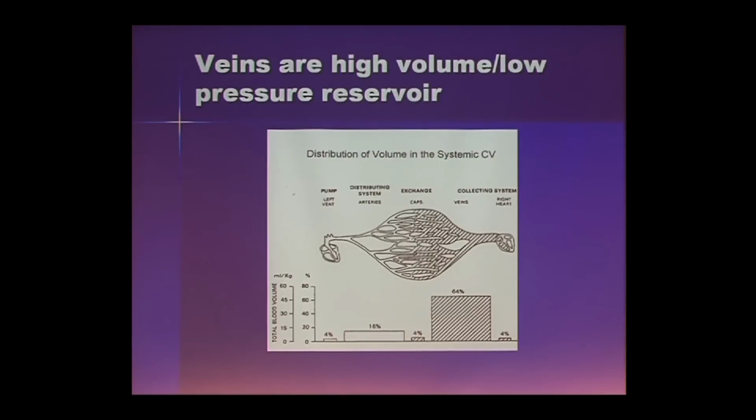Because you have so much blood in the veins, you can actually mobilize that blood from the veins if you need to increase your cardiac output. So essentially, you squeeze your veins and push a little bit more blood to your heart, and that heart then pumps that extra blood, which is a beautiful concept. The problem with arteries, as we said, is high pressures, damage to endothelial cells, and then all these other things that can come in.